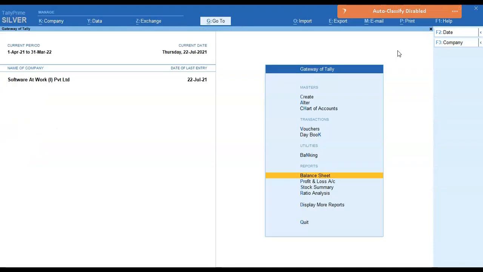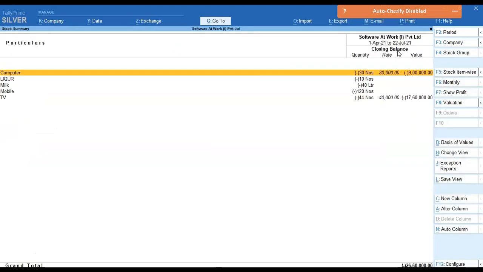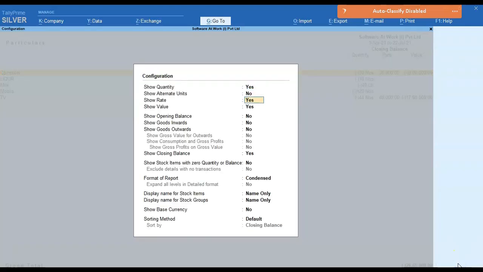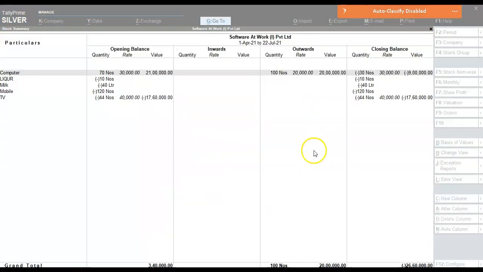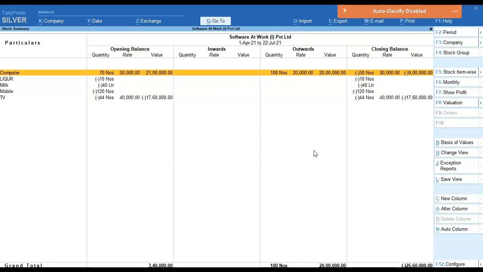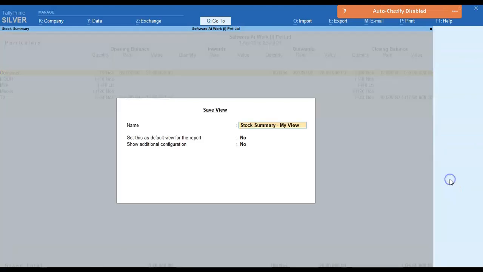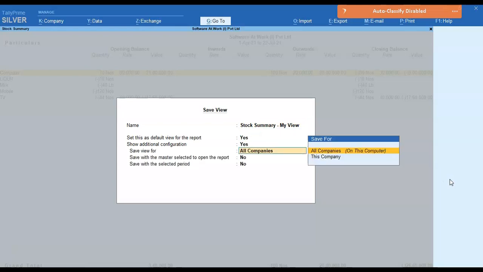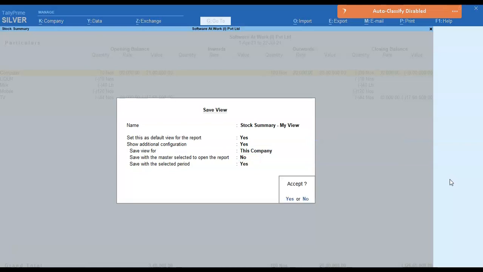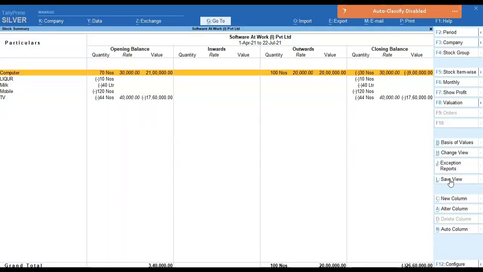For this, we will take one more example. Suppose in Stock Summary I have this stock. I need a stock report in my own way, so here I can enable my style. In this way I need the inventory report every time. I can save this report for future reference. Here you can save as per your requirement, make the necessary things yes, and save this report for the period. So you can see I have saved two reports.